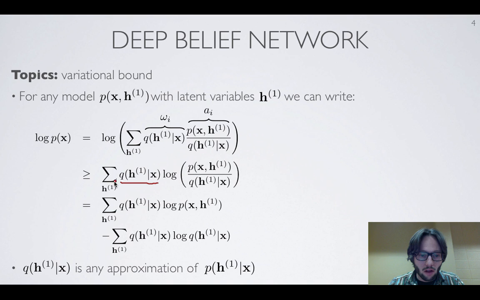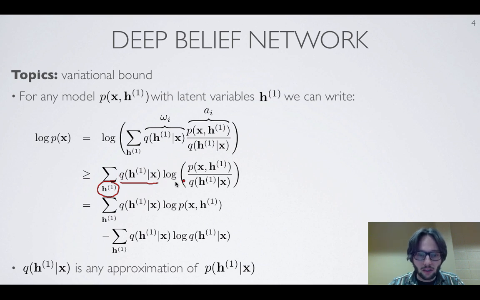So we're summing over all values of H1 weighted by Q of H1 given X of the log of this number here, the ratio P of X and H1 divided by Q of H1 given X. Okay, so this here we can think of as a huge weighted sum over an exponential number of values of H. If we think of an RBM, for instance, where these are binary, globally they take 2 to the number of hidden units values. And so now this weighted sum, we can